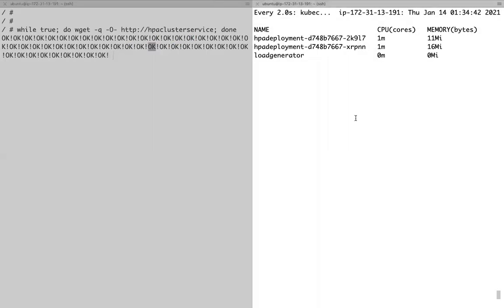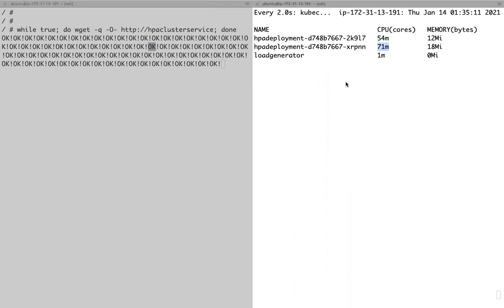Instead of 2 pods, requests may go to 4 pods if you scale up. So if you see now, what is the CPU utilization, guys? Current CPU utilization, one pod is having 54 millicore, another pod is having 71 millicore. What is the maximum I have given?